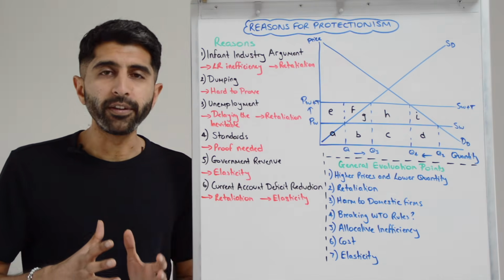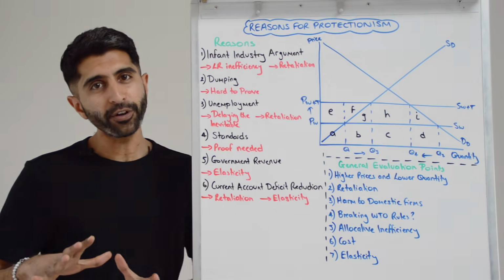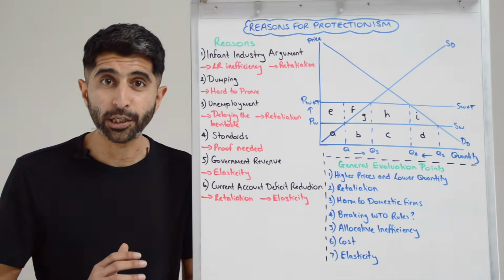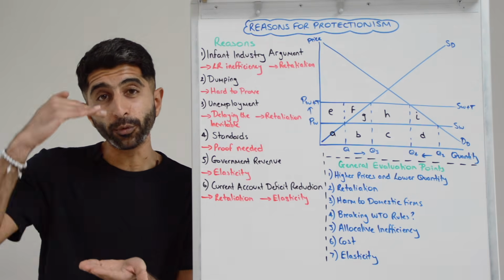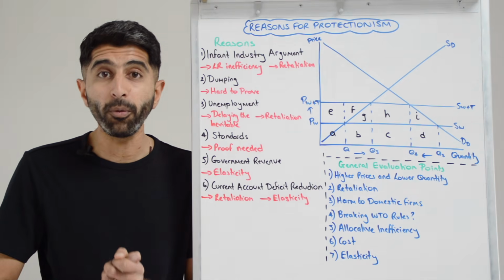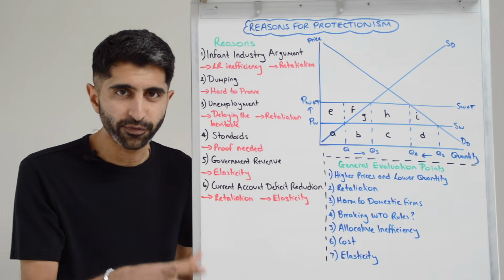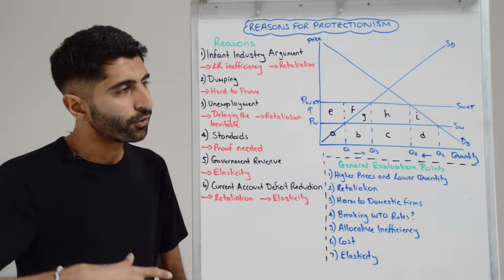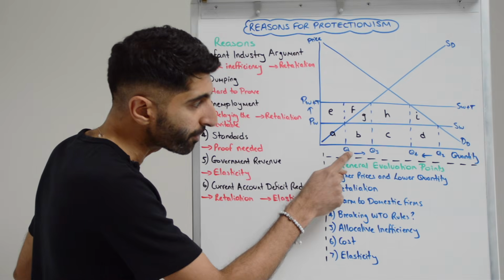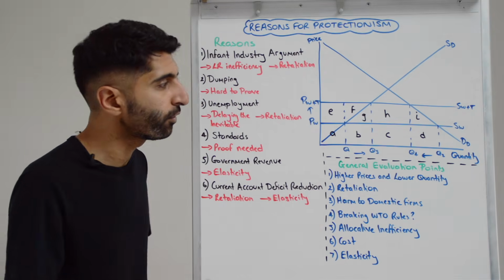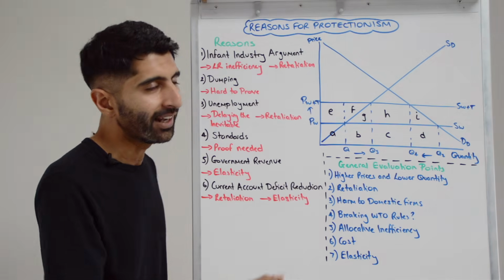Another very common reason for protectionism is to protect against unemployment. We know that with free trade, industries without the comparative advantage simply will not be able to survive, they'll die away, and with that you'll see a rise in structural unemployment and all the problems that are created from that for the economy, but also for the individuals that will be unemployed. So to prevent that happening, protectionist policies like a tariff that encourage more domestic output, so here from Q1 to Q3, can not only save jobs, maybe even create jobs, as labour is a derived demand.